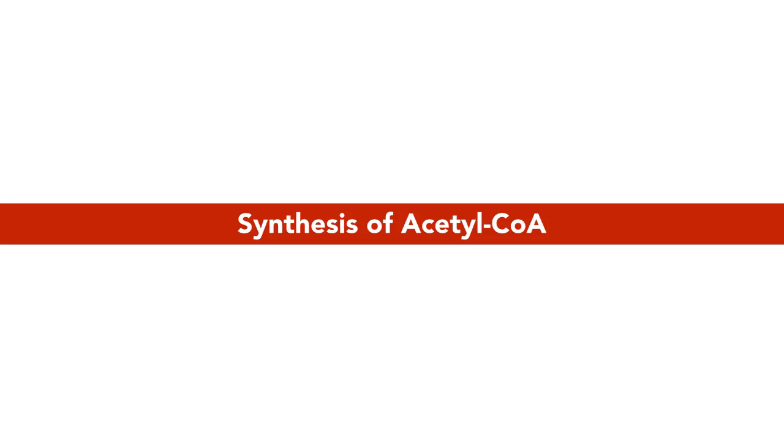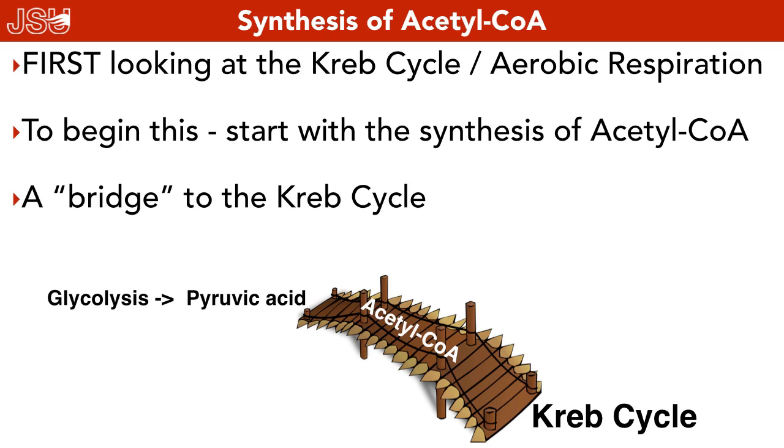Okay. So now let's talk about the processing of that pyruvate. We're going to start looking at the Krebs cycle, or aerobic respiration. Now before we can take pyruvate, pyruvate still has a lot of chemical potential energy in it. But we've got to prepare it for the next step. How many carbons are in pyruvate? 3, right? We've got 3 carbons here. And we want to take it into something called the Krebs cycle. We'll get to that in a second.